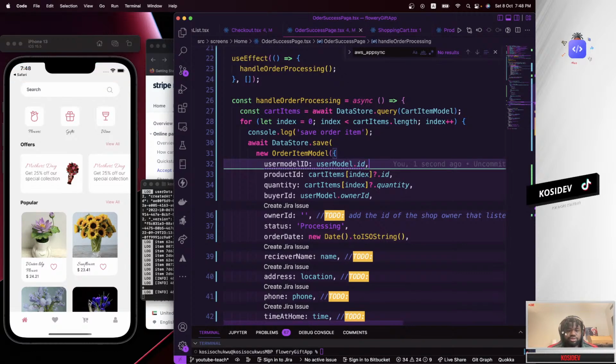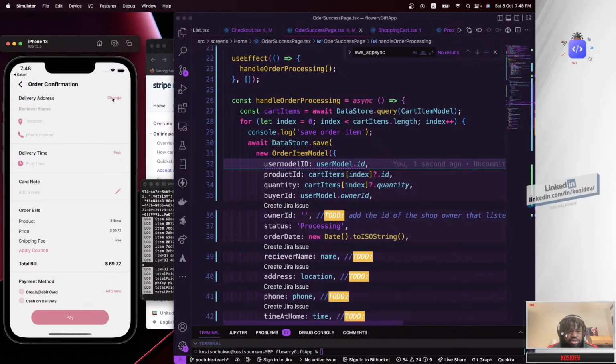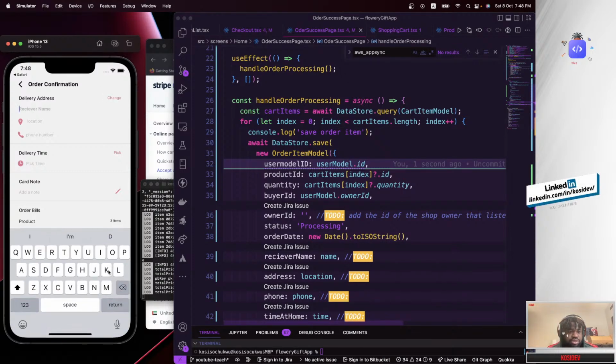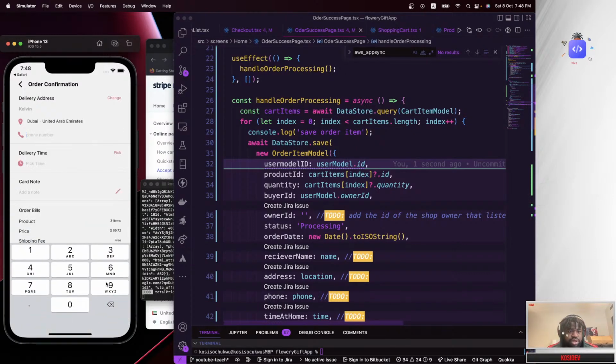I'll save this. Head over to here. Tap on checkout. To edit, just tap any jargon in there. It doesn't matter. Dubai. Phone number 971, any random number.